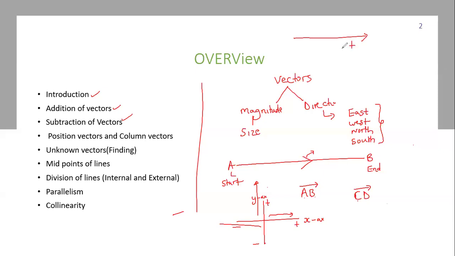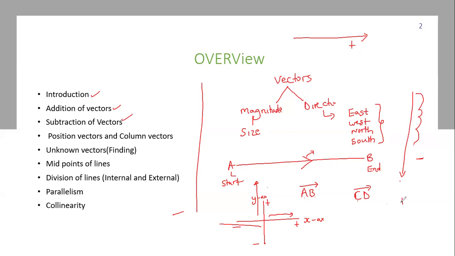So for whatever steps you are taking, they are going to be in a positive direction. When I'm moving downwards here, downwards is the south. So it means that south is negative. So whatever steps you take downwards, those are going to be the negative steps. So that one you always put the negative to show the direction.